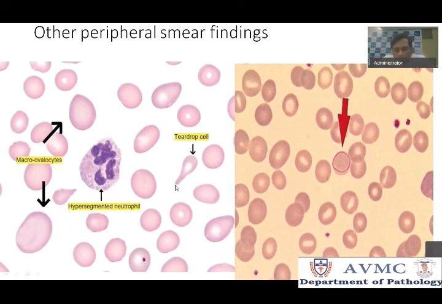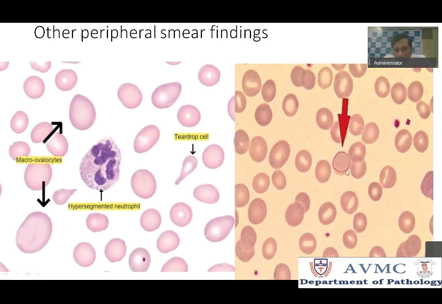And you also find a structure. This is a very rare finding, but if you find it, good. This is an RBC with a ring-like structure. This is called Cabot's ring. It is a remnant of the mitotic spindle. Again, this is a defect due to impaired nuclear maturation. So you find something like this. This is called Cabot ring.